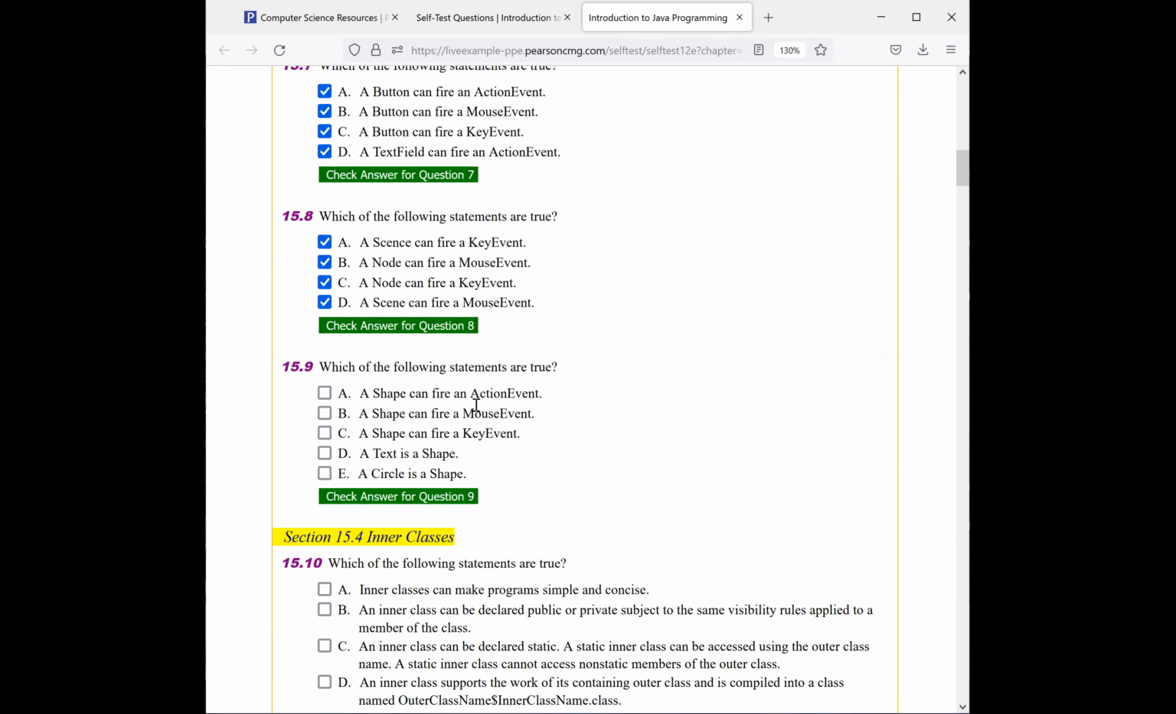And which of the following statements are true? A shape can fire an action event. True. A shape can fire a mouse event. A shape can fire a key event. A text is a shape. That's true. A circle is a shape. So these are all, so I think this is true here. A shape can fire an action event. So that's